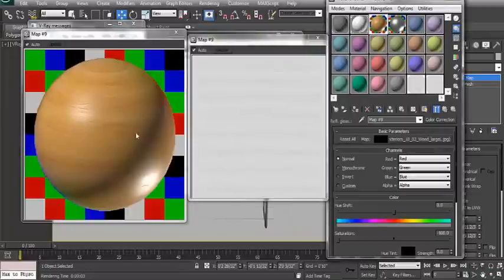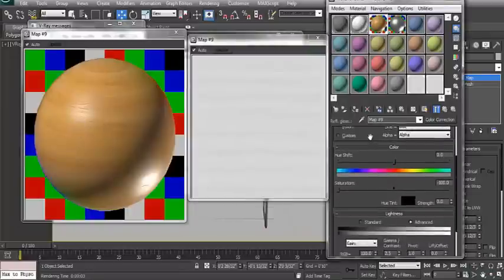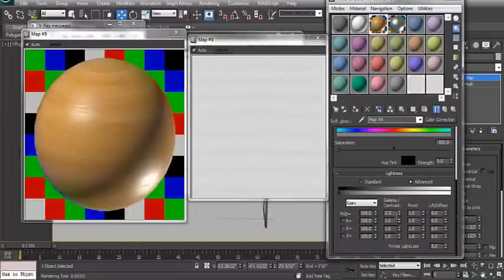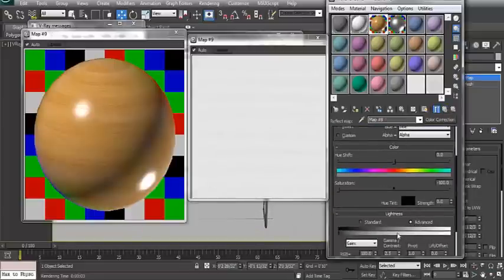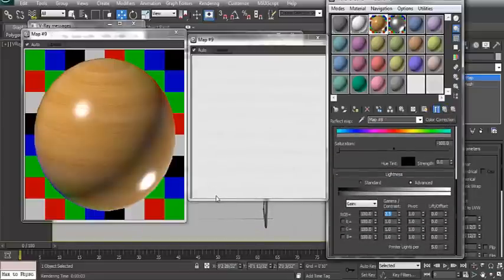If we want more glossiness, then we have to increase it more, to 3. You can take it 3 or 4. Yeah, it is good. And you can make it more reflective by increasing this 3. It is good. 3 or 4,